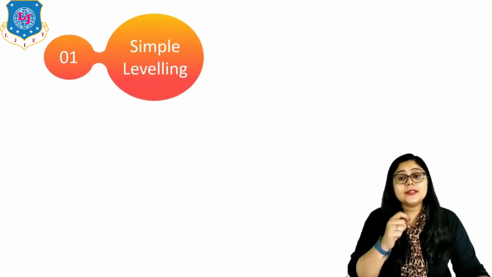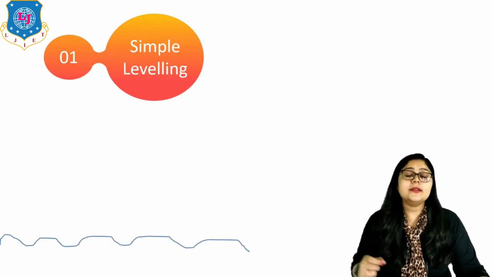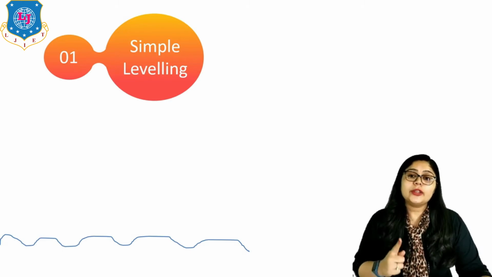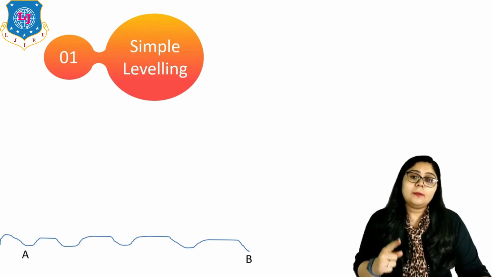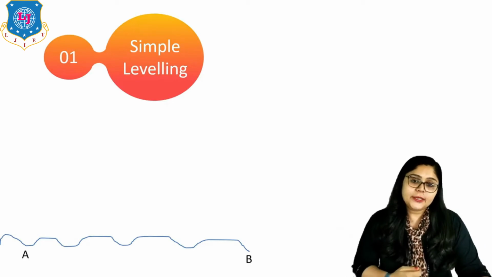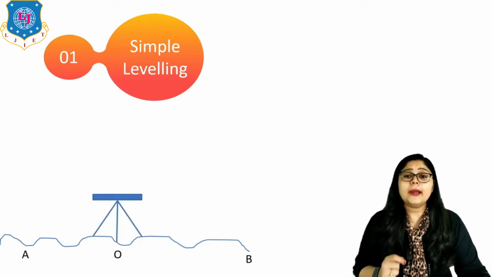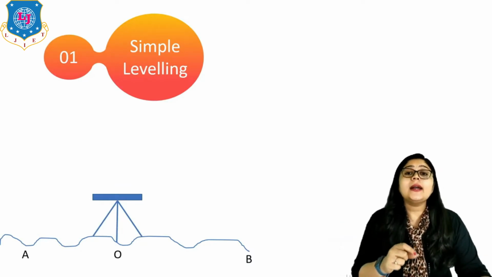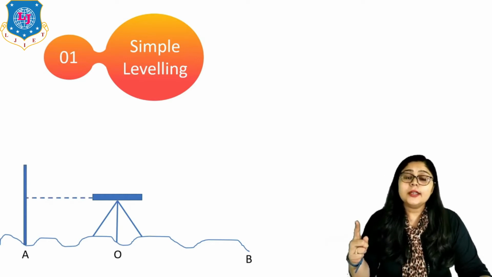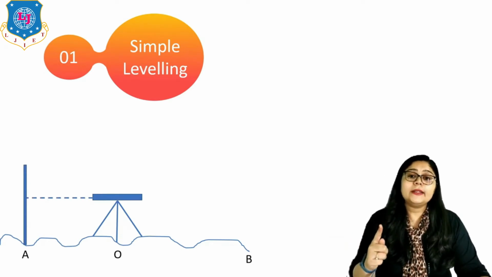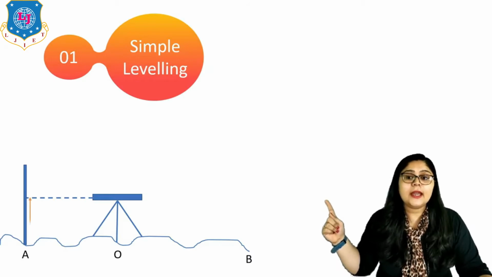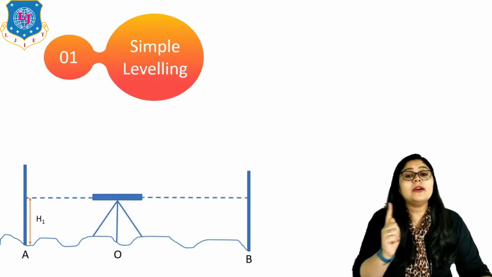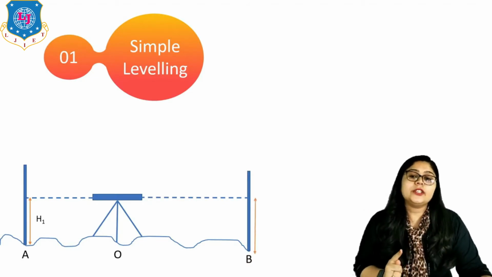Now the question is, what is simple leveling? So here on screen, this is the ground condition or the undulations, right? If I want to go for the simple leveling, first I have to mark my station points, station A and B. Now I put my instrument in such a way so that station A and station B are intervisible, right? Now here you can see from my dumpy level, I am taking my first reading and that is known as the H1. Likewise, from my dumpy level, I am taking the second reading to B, which is known as the